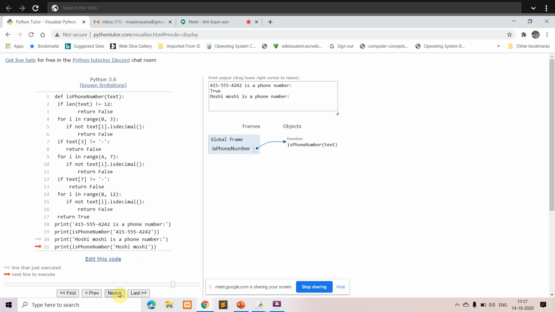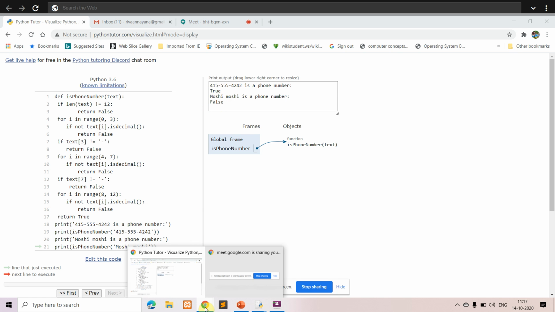So again it will start checking, the same thing will be repeated, but in this case it is not a digit, right? It is a character. So in that case it will be returning false. So this is what you have to do if you want to search for a particular pattern without using the regular expression. This is a lengthier code that you have to write.